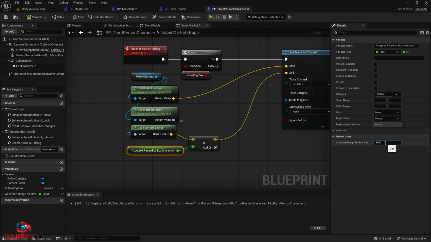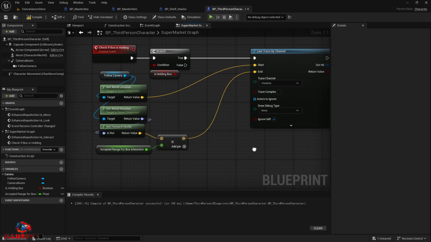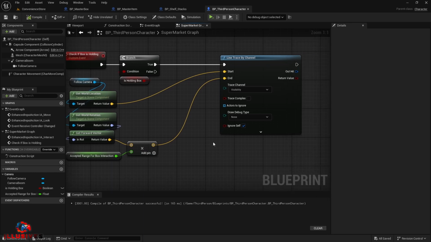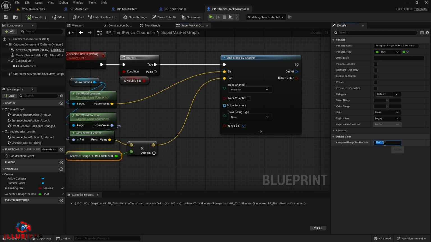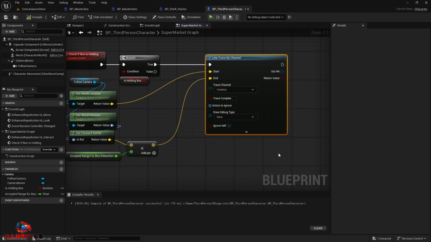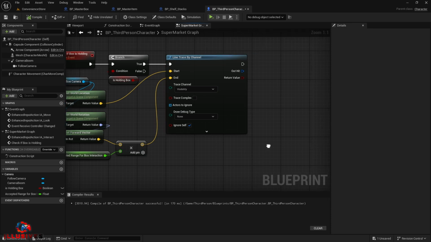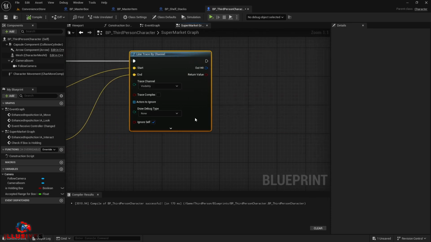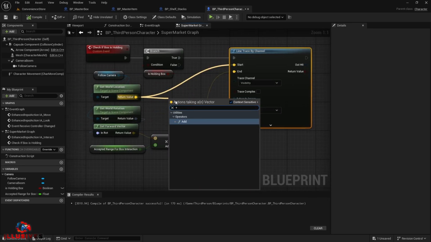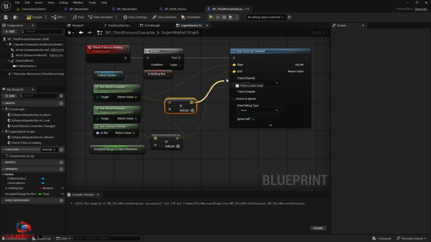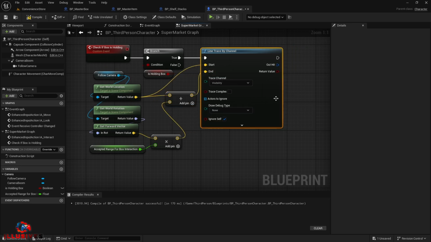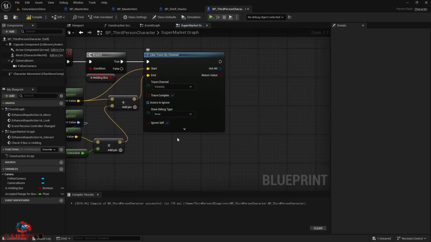Not actually the shelf, but our slots component. So get slots, and if it's equal to our slots component, then only we can place. Because if we don't have any slots, then it doesn't matter if you are overlapping with this shelf actor or not. So if that is true, what we will do is,